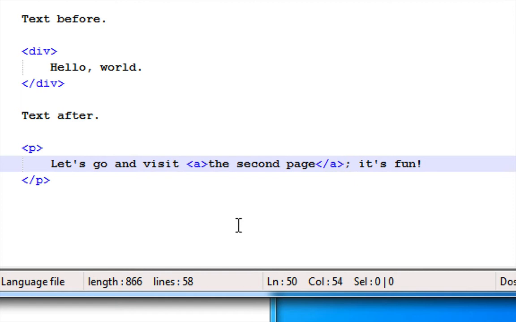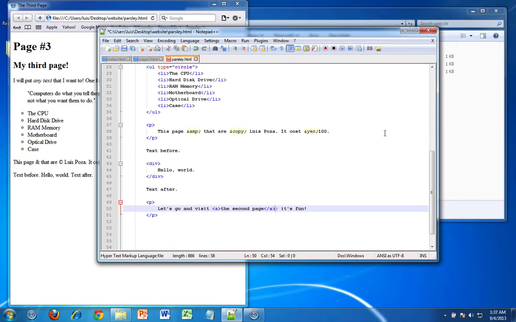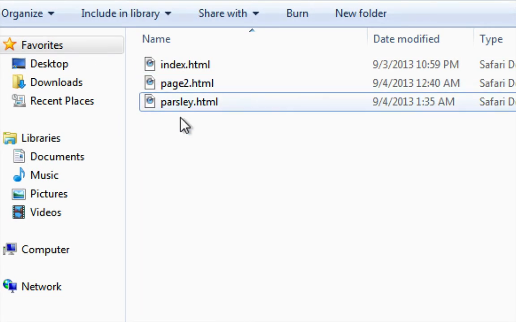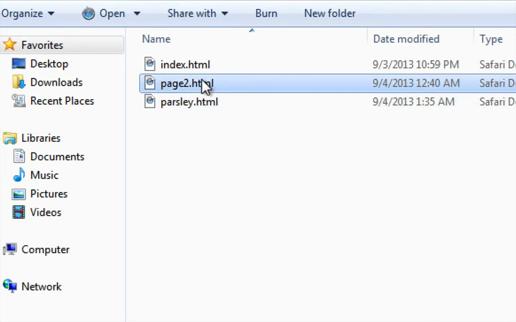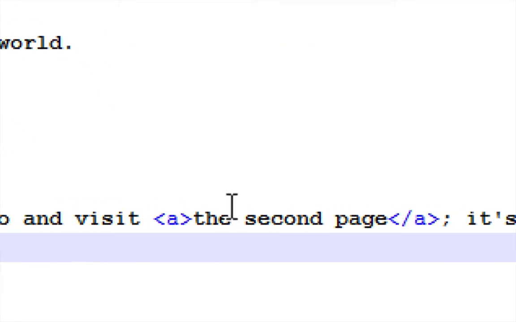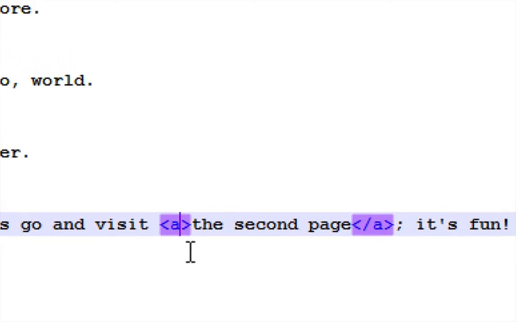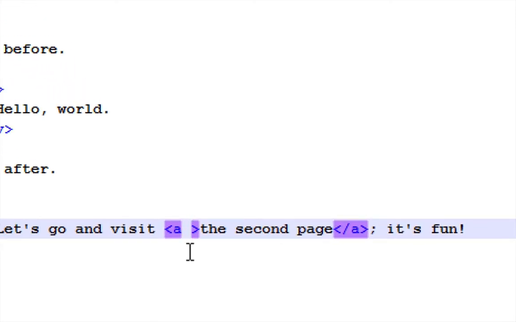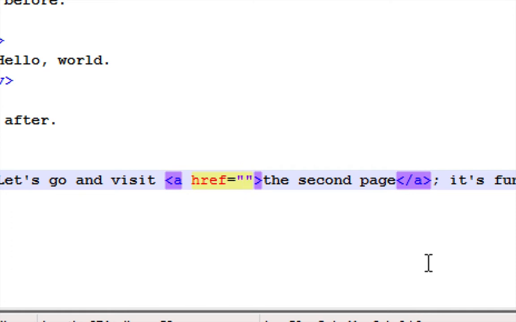You need to actually tell the computer where the link will lead to. Now, if it's in the same folder as these ones are, this is the page we're working on right now, we want to link to this page. So this is page2.html. So we need to put that in an attribute in the A tag. So in the A tag, I'm going to type a href equals, so the href is the attribute. It says the hyperlink reference. And inside here, we're going to put the address of the second page, which is